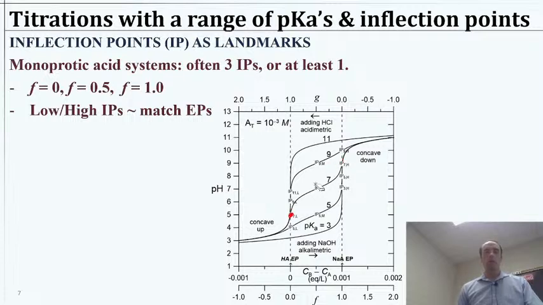So that's something we can do: calculate, and anytime we can find a low and a high inflection point, then those are going to be our equivalence points approximately. Maybe 0.001 off or something like that. But essentially, the inflection points should be the equivalence points if we have these 3 and we can identify the low and the high one, right? So if we just have one